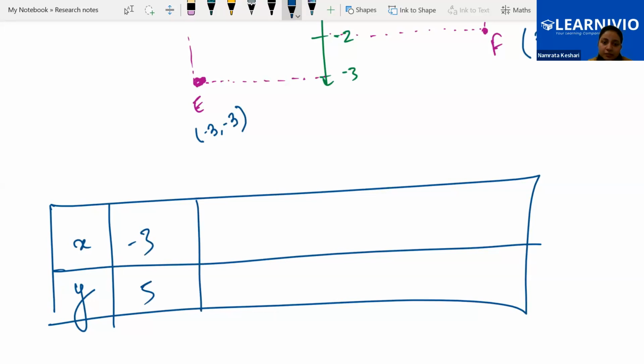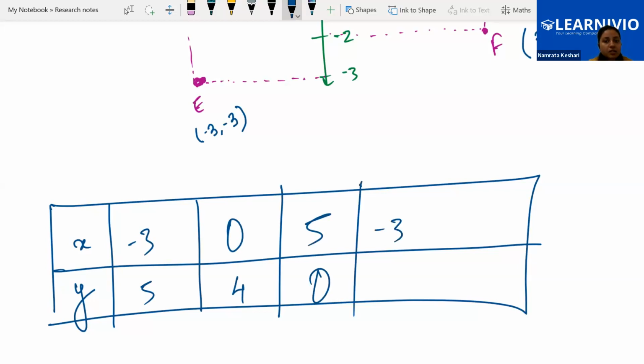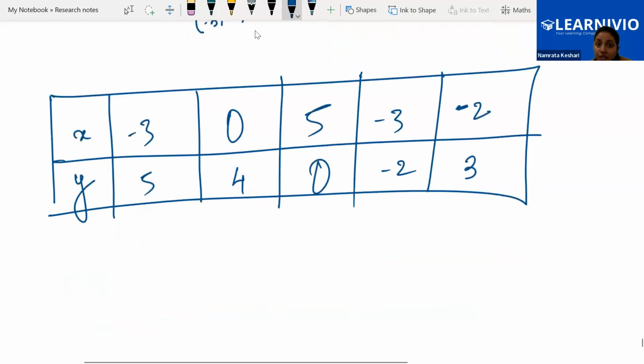Here I am writing 0, 4. Here I am writing 5, 0. Here I am writing -3, -2. Here I am writing, let me take a smaller number only, -2, 3. Okay. If we are having this type of tabular form, we must understand